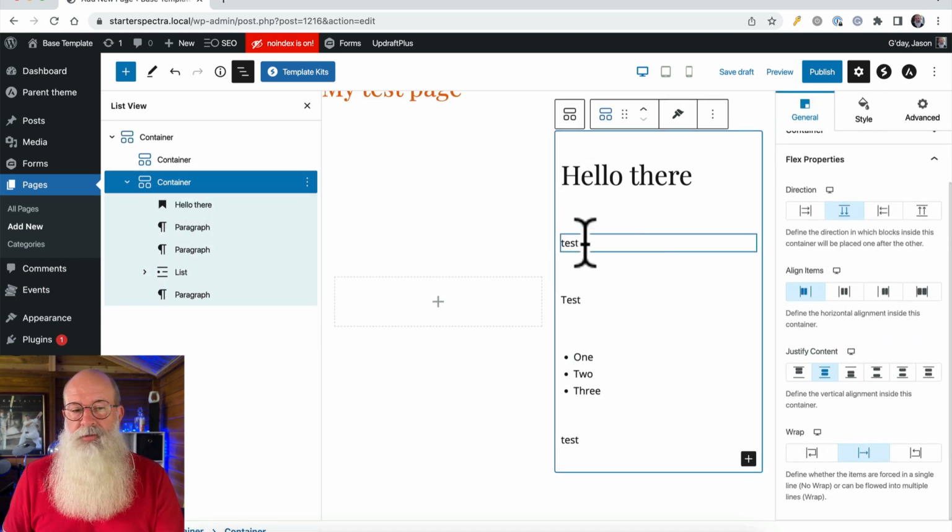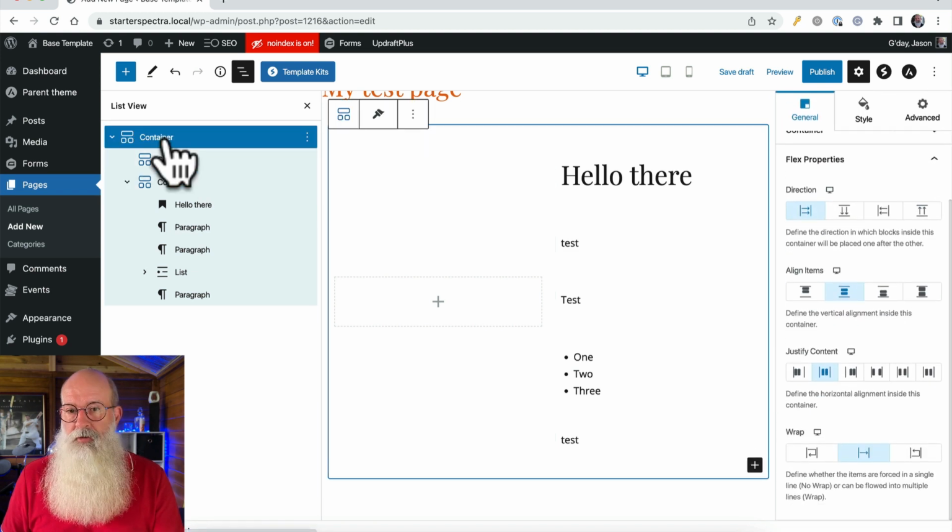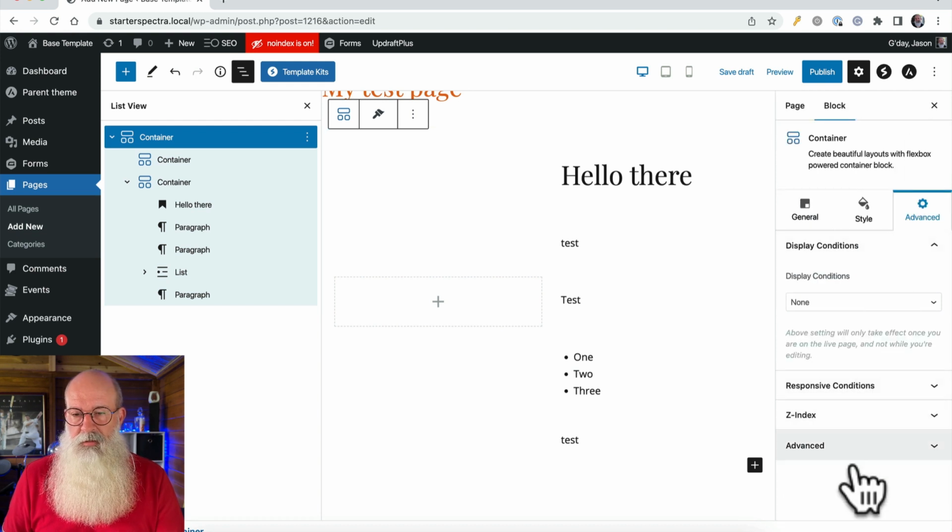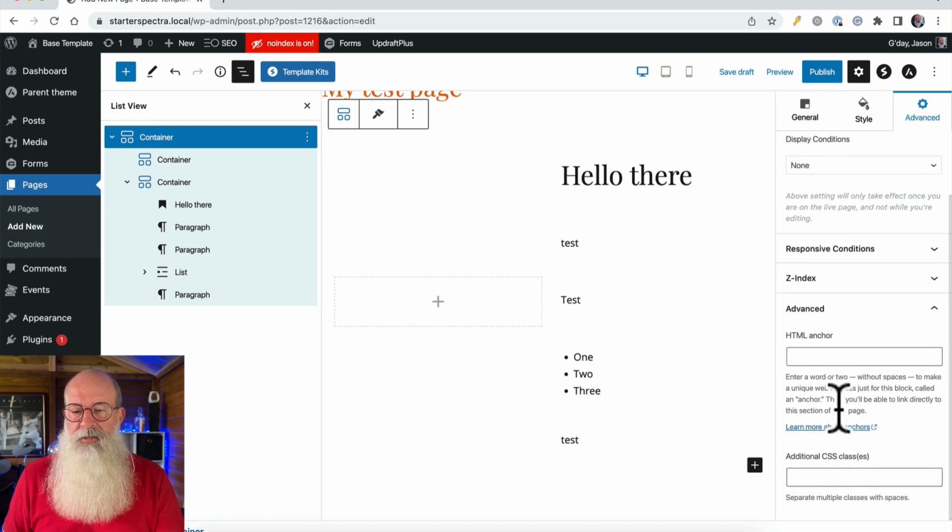Our container there which has got the text in it. So I'll come back and choose the parent one, and you should see it outlined like this. I'll come over to Advanced, and then under HTML Anchor I will enter, I'll just call this